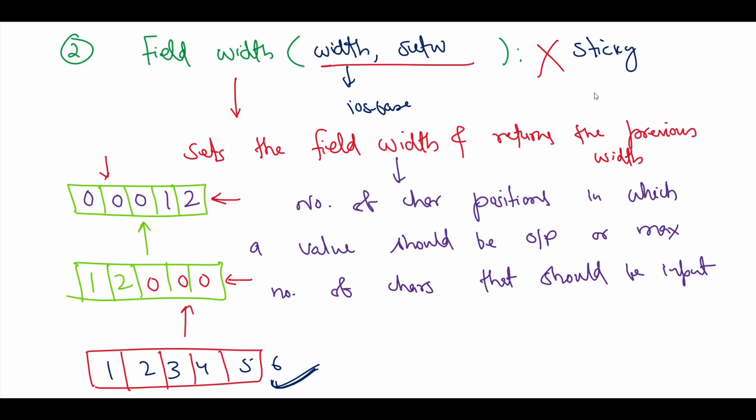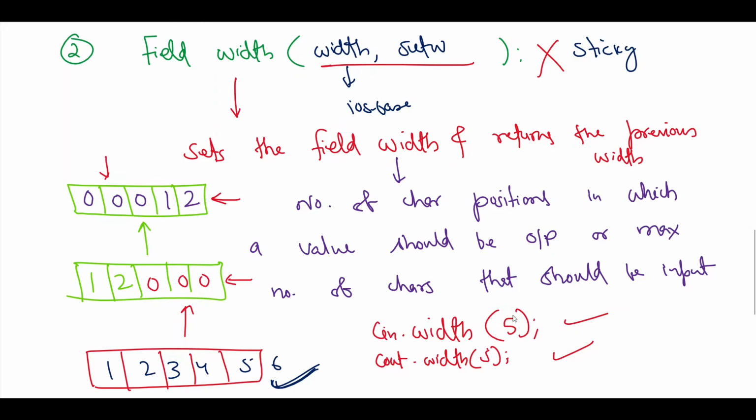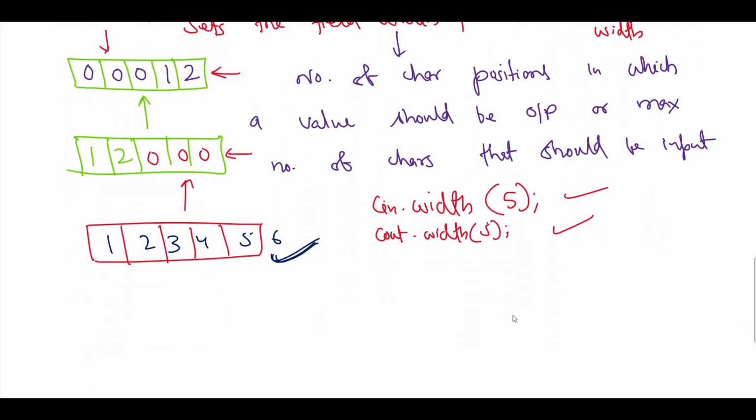And how can you set that? So you can use the width function like this, width, and then set the width here, maybe 5. And this can be done in input and output both. So cin dot width or cout dot width, both these things can be performed. So in the first, it means that we need to input only 5 characters from the sentence, and in the latter part, it means that we will have output in these 5 characters. So don't worry if you are not understanding these things at this moment, but we are going to create some programs so that you can understand all these things.